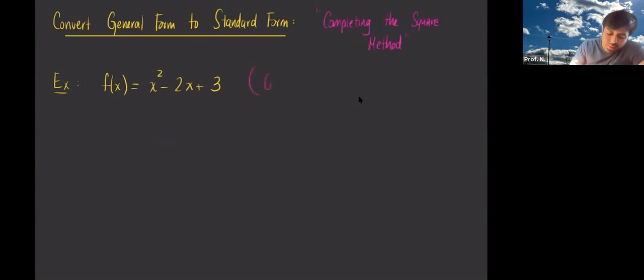This is in the general form. Correct? I know my a value is 1, my b value is -2, my c value is 3. So let me just write that as well. But what I want to do is rewrite this in standard form,